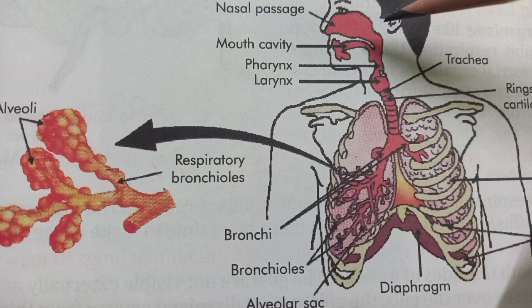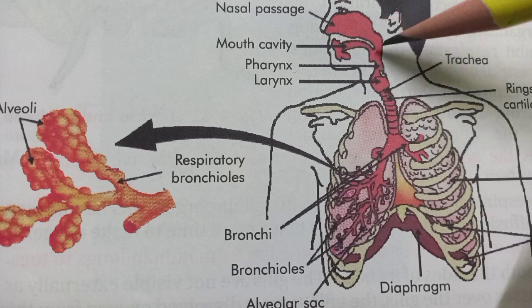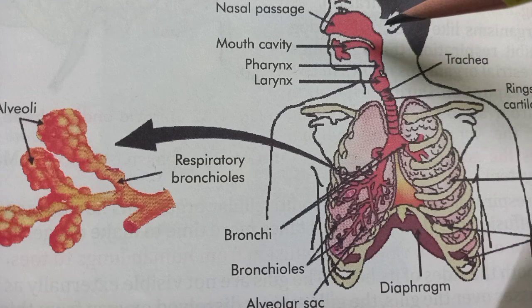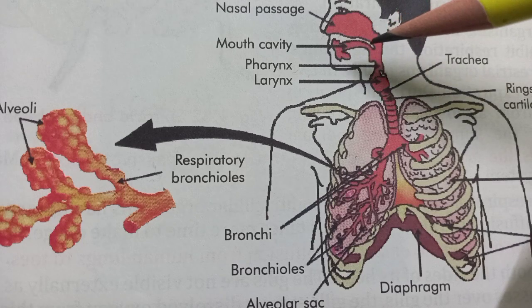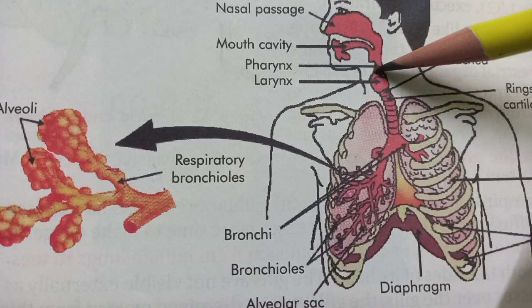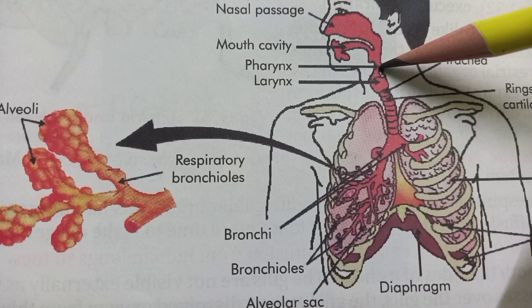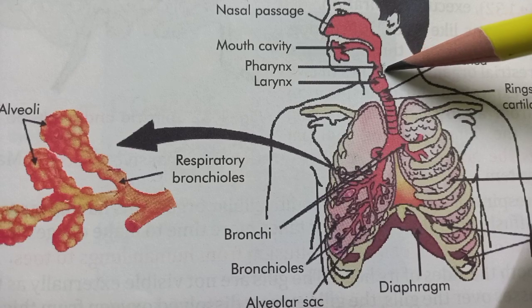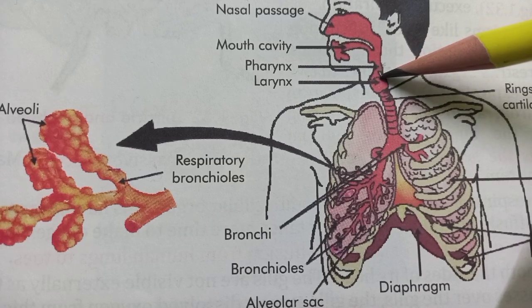Now the air from here passes to the next part, and that is the internal nares, that is a pair on the roof of the nasopharynx, and it gets closed by the uvula, that is the extension of the soft palate, during swallowing. Then we have the laryngopharynx, and this laryngopharynx is the lower part of the pharynx. This part is known as laryngopharynx. It has a slit-like opening called the glottis, which is closed by the epiglottis during swallowing.